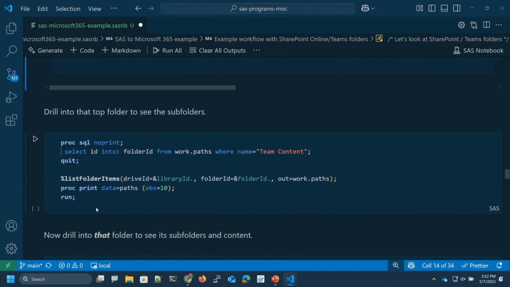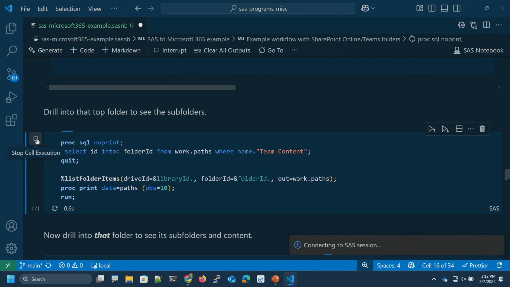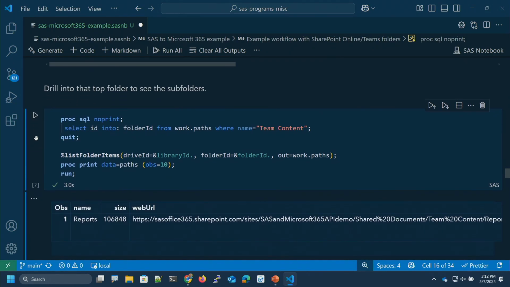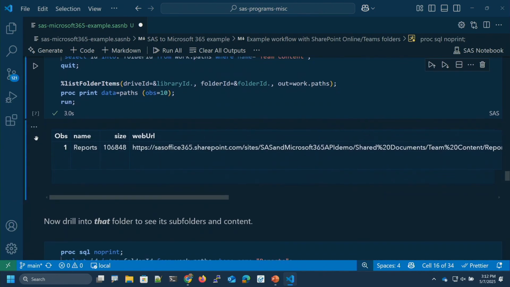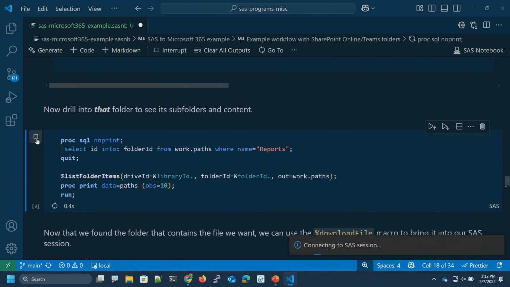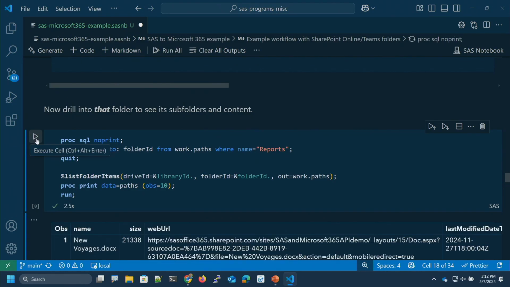So basically I'm using code to drill into the next thing in that folder, and let's go ahead and explore that. And every time I do this, I'm getting back a collection of folders and files, and each of those has a unique ID. It's that unique ID, which is a long, not human legible or memorizable ID, that I'm going to use for the next API call. So I have a reports subfolder in there. I'm going to drill into my reports subfolder and see what I've got.